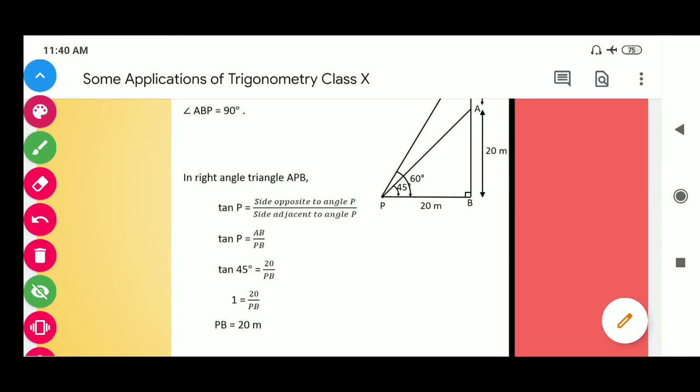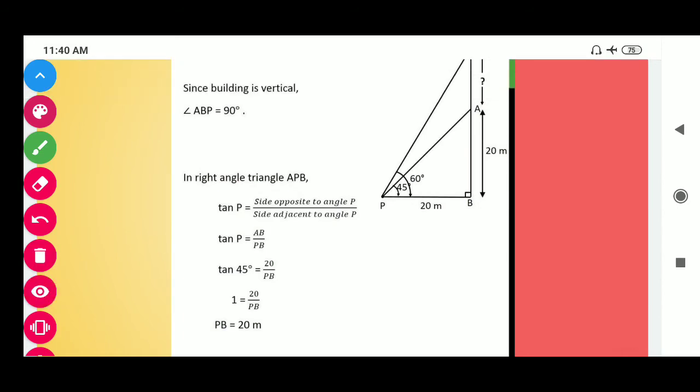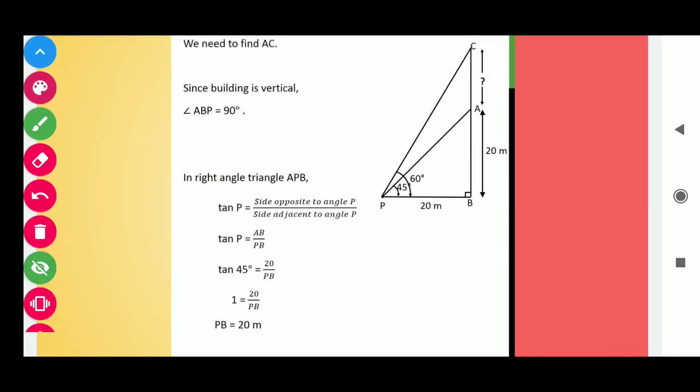So students, first of all we will find the side which is common to both the triangles. Here PB is the base that is common to the triangle APB, and this is also common to the triangle CPB. So students, in this way we take tan, because the relation between perpendicular and base is tan. So here the angle is 45 degree, tan 45 is equal to AB over PB. The value of AB is 20 meter. In this way we get PB is 20 meter.